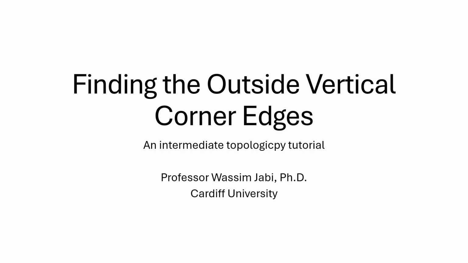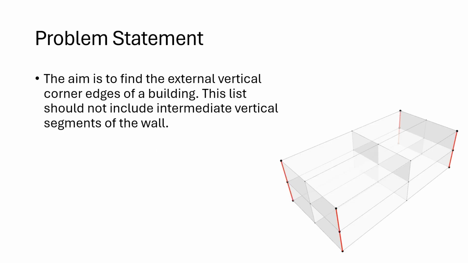Hi everyone. I recently received a question on the Discord channel about how to find the outside vertical corner edges of a building. So I thought I would do a quick topologicpy tutorial on that and show you how this can be accomplished. So the aim is to find the external vertical corner edges of a building, and this list